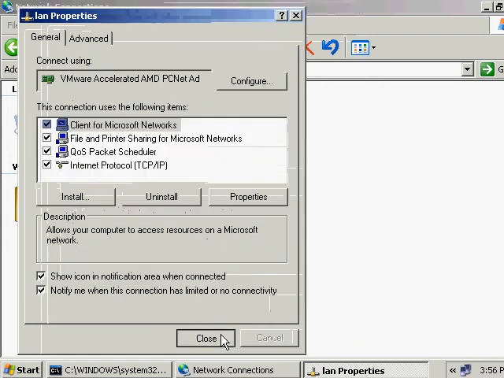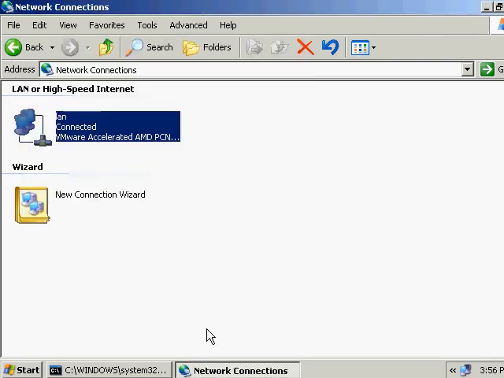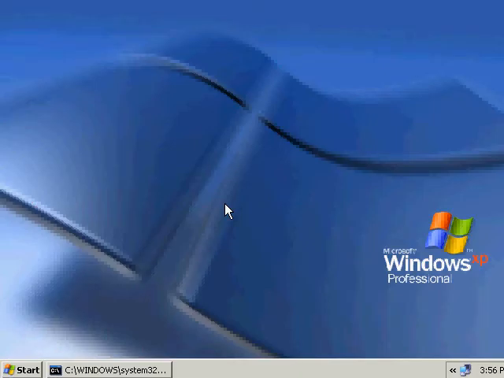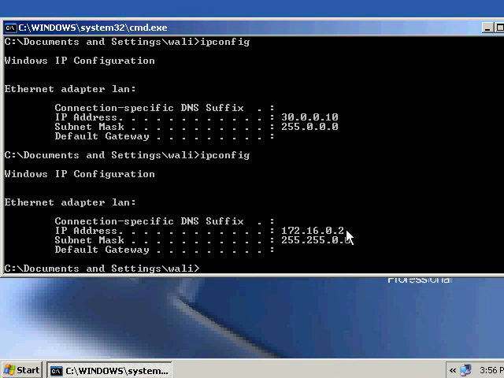Click OK. Now both IP are of the same network. In order to be in a network, all computers must have the same network ID. Now see the ipconfig. Yes, IP is changed.